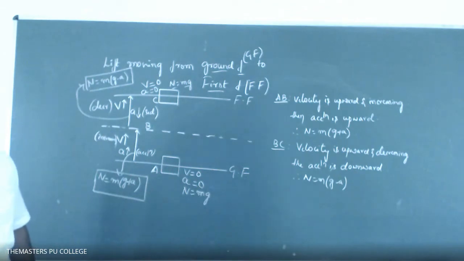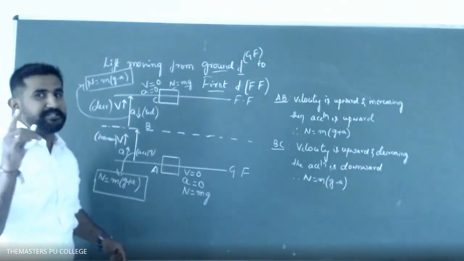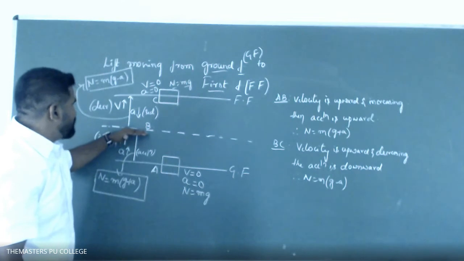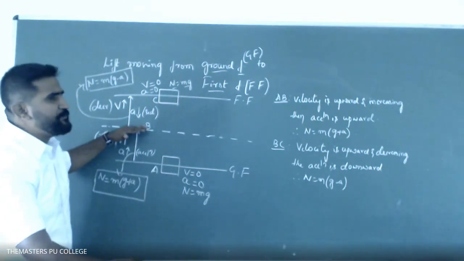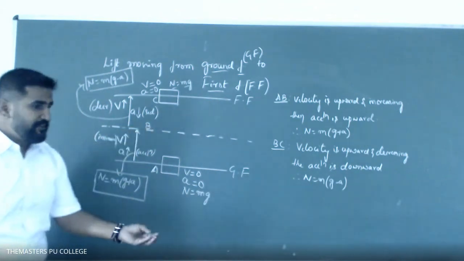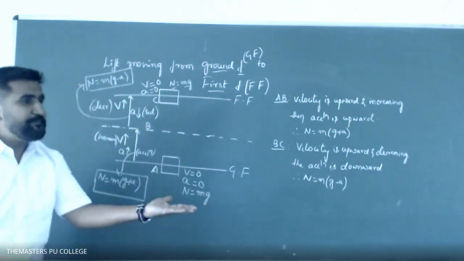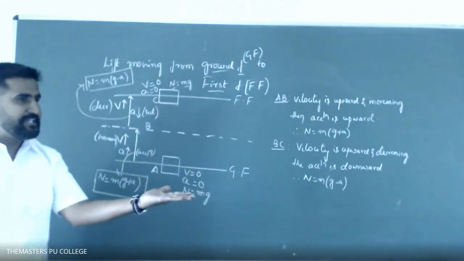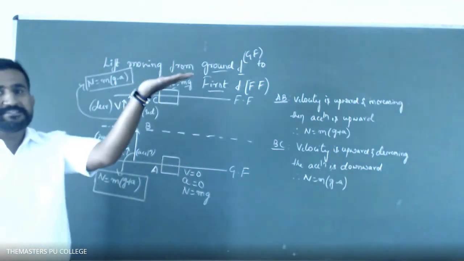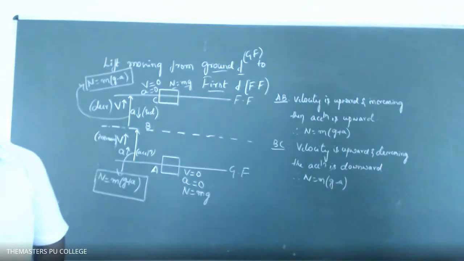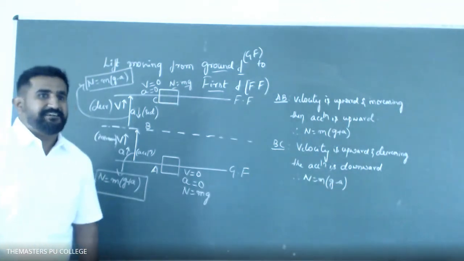Superb. Tanisha, a is equal to g, or a is equal to 0 is another case. When it is moving, increasing, acceleration is in this direction. At a particular position, velocity may be constant. There is a possibility that when the lift is moving, after some time it may move with constant velocity, then it may decrease. Velocity increases, moves with constant velocity, then decreases. Is there a possibility of that? I'll check afterwards. It may happen, Tanisha.